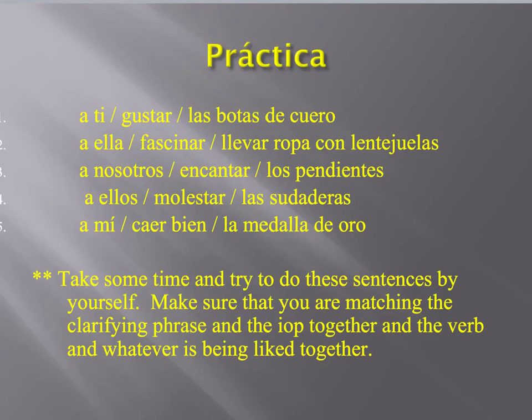Práctica. So what we want you to do is take some time and try to do these sentences by yourself. Make sure that you're matching the clarifying phrase and the indirect object pronoun together, and then that the verb and whatever is being liked go together. So remember that this last part of the sentence affects gustar, and this a ti tells us what our IOP needs to be. And the IOP actually comes there in the middle. So when you're putting your sentences together,